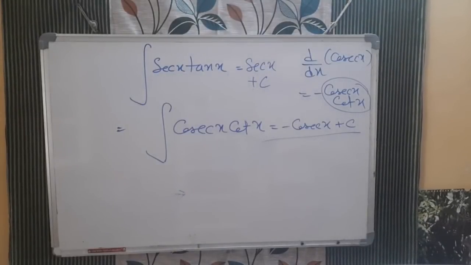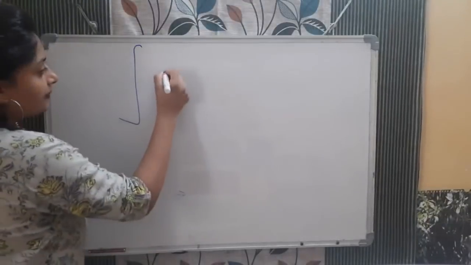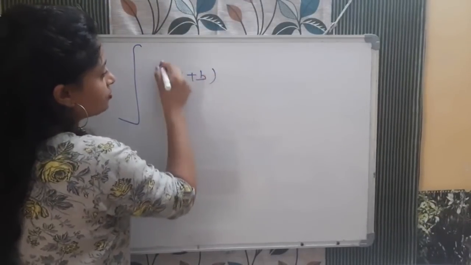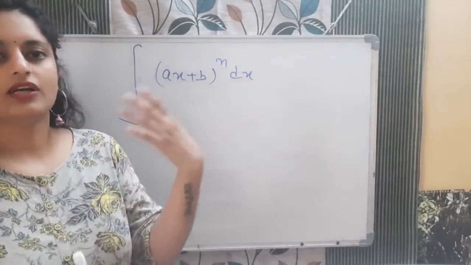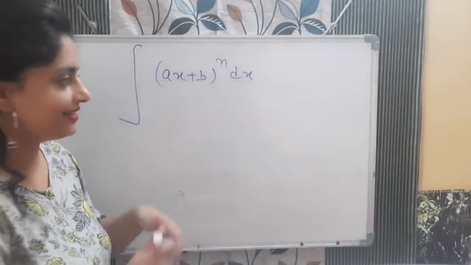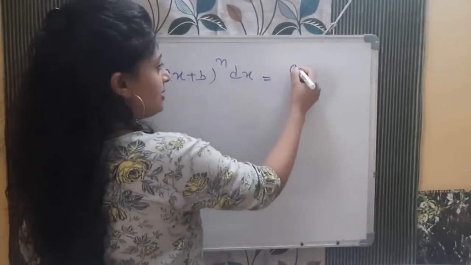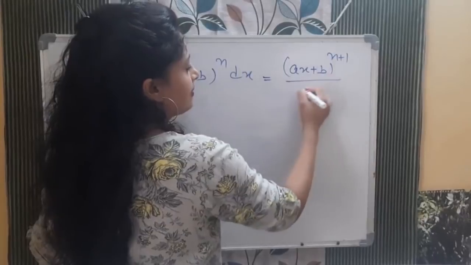Okay. Now the new formula and the important one is this. Now the next one is what, bacha? It is this: integral of ax plus b raised to the power n dx. Integrate this. See, हमेशा अगर थोड़ा सा कुछ complicated है ना, no need to be panic there. Very simple basic formula क्या है? जिसका भी हमें integration करना है उसकी power में we will increase one and divide it with that. So what we will do? Very simple. ax plus b whole power n plus 1 divided by n plus 1.